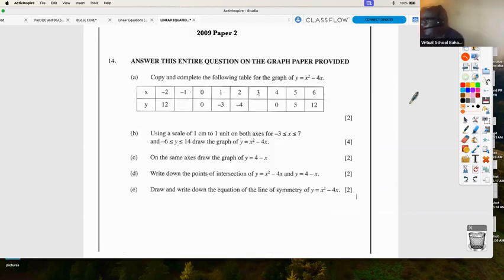Now look at this question. This is a parabola, but it doesn't have a plus number at the back here. So this last number will be zero. That means when you graph this parabola,